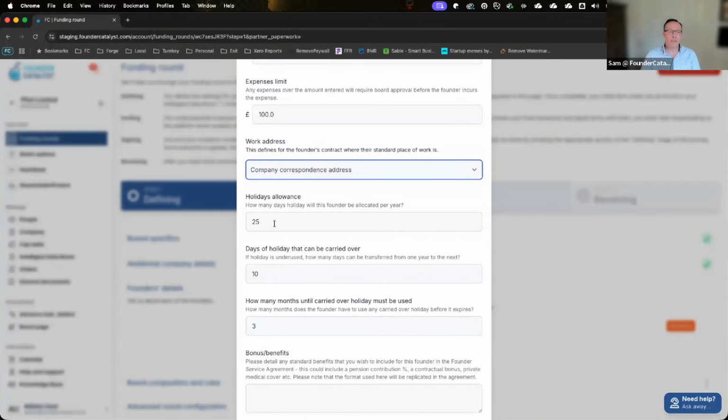Holiday allowance, this is the amount of holiday you have as a contractual right within your founder service agreement. Most founders are probably laughing at the thought of taking 25 days holiday in a year. I know I am, but this is a contractual right to holiday,